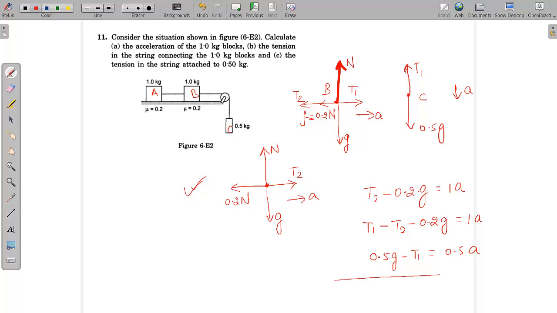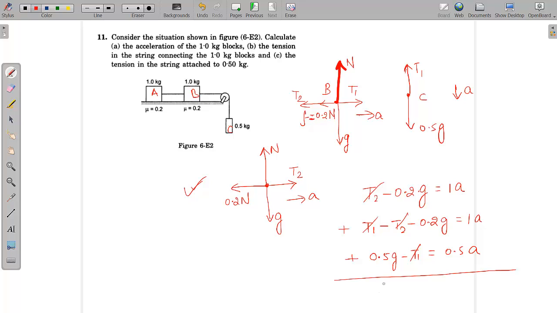Now if we sum all these equations, you're able to see the equations, no? If you sum all these equations, everything gets cancelled. If we get a positive value, then our assumption will be correct. If we get a negative value of acceleration, that means the body will not be moving at all, because it cannot move in the opposite direction without any reason. So we have assumed it is moving. If we get some positive value, our assumption is correct, because right now we don't know whether it is moving or not.